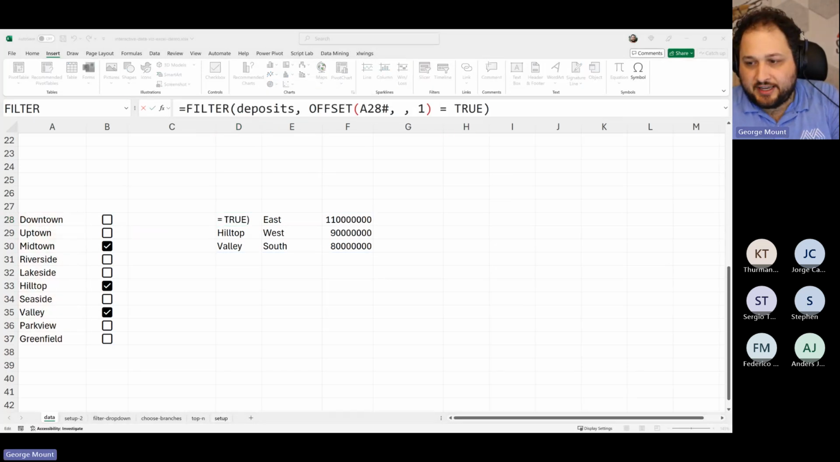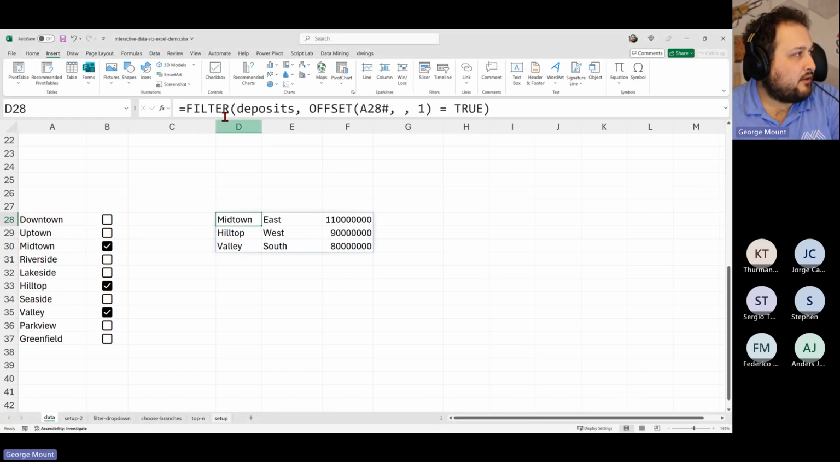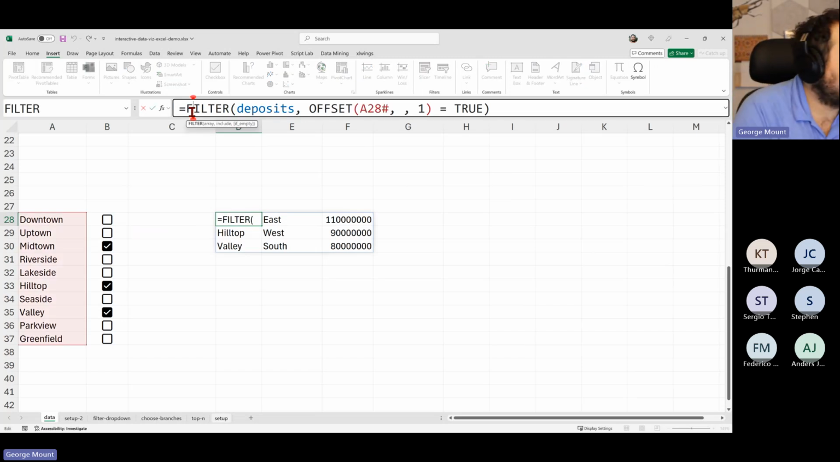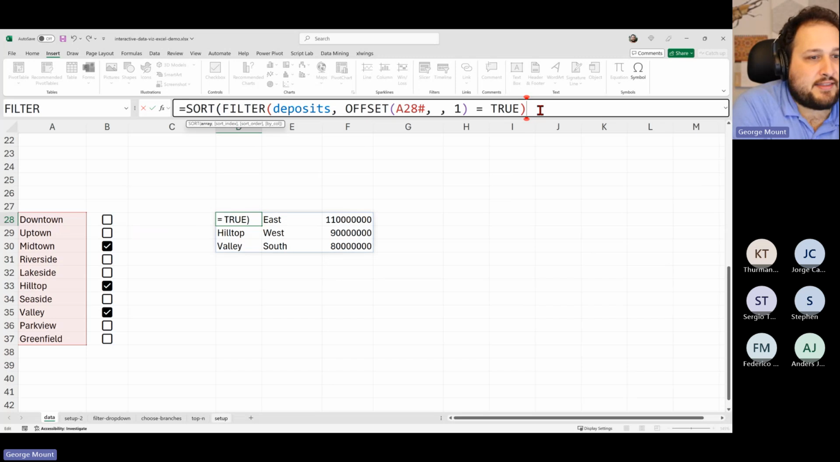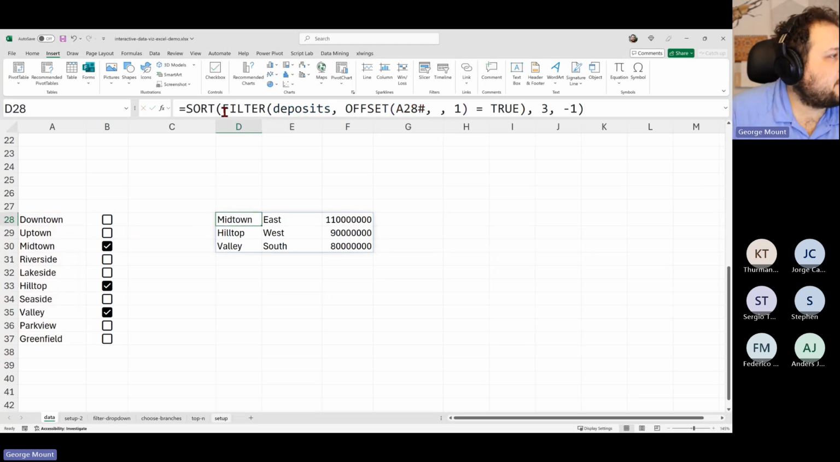All right, so let me go ahead and put that in the chat. We're going to sort this again. So let's sort, and then let's do 3, because again, index 3, that's the third column. We're going to sort it descendingly, -1. Now, when you get to more complex formulas like this, one thing that might help you is